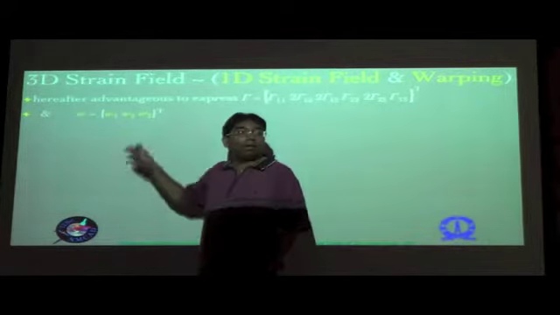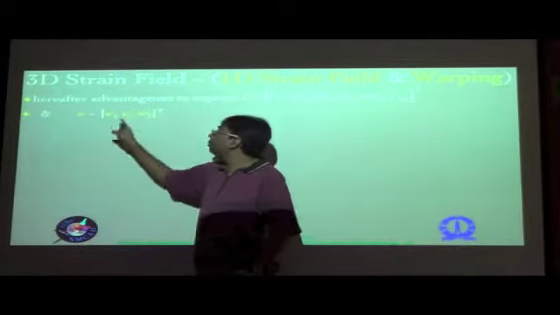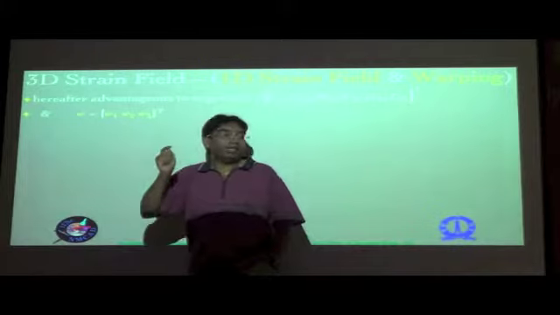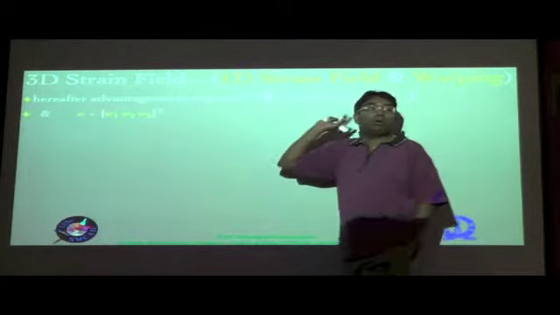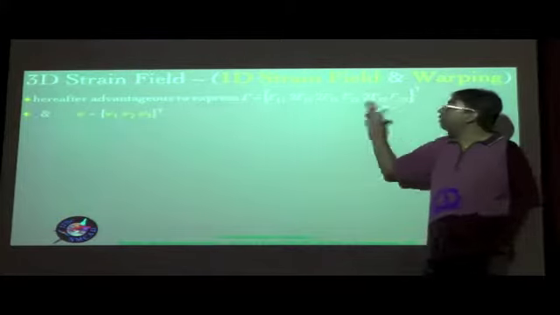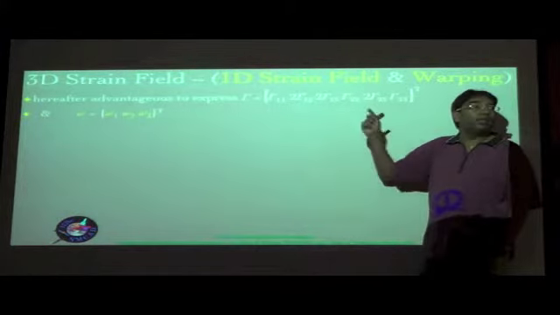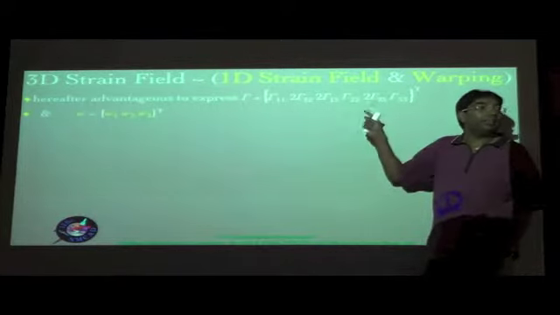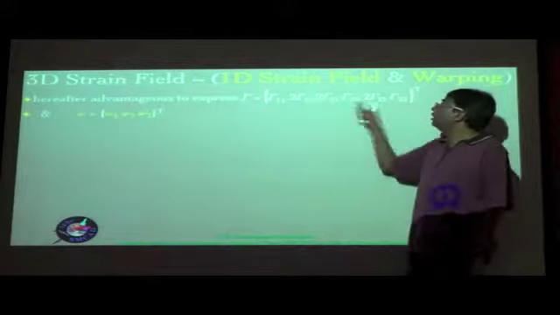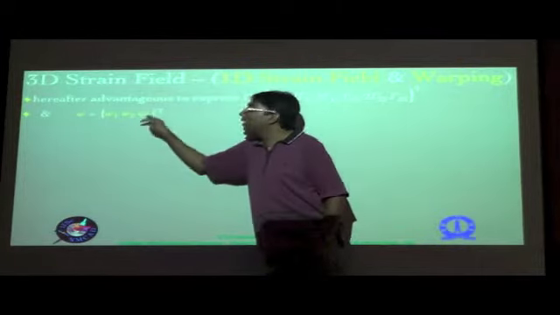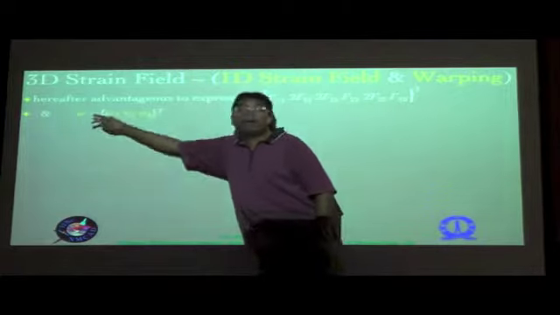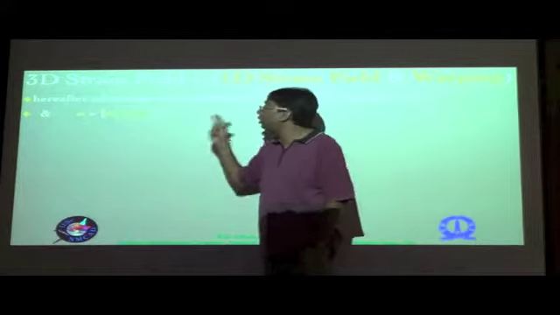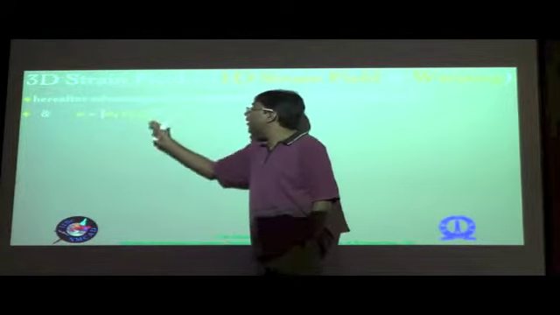This is a 3 by 1 column matrix consisting of the warping measures. And remember that these quantities W1, W2, W3 are along the small b basis. Similarly, your gammas are also an expansion of the strain tensor, which is basically the Jaumann-Biot-Cauchy strain tensor expanded along 2 bases, both of which are the small b bases, because we are dealing with Lagrangian strains, not with Eulerian strains. So remember that fact, because whenever you write in terms of measure numbers or in terms of a